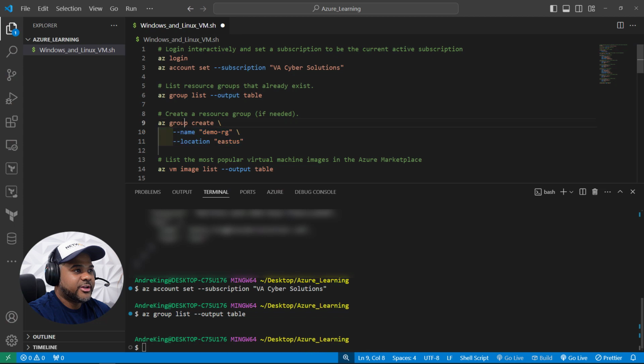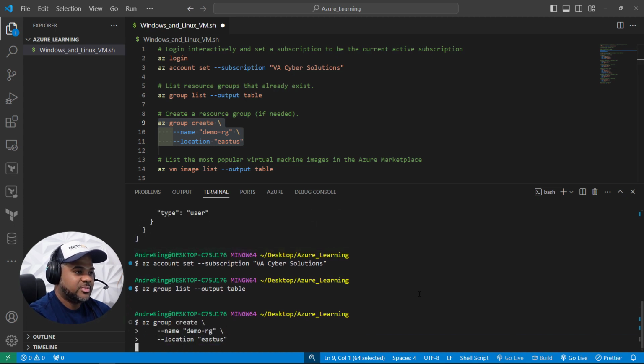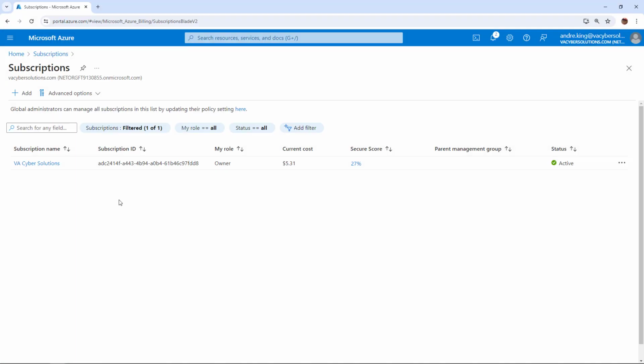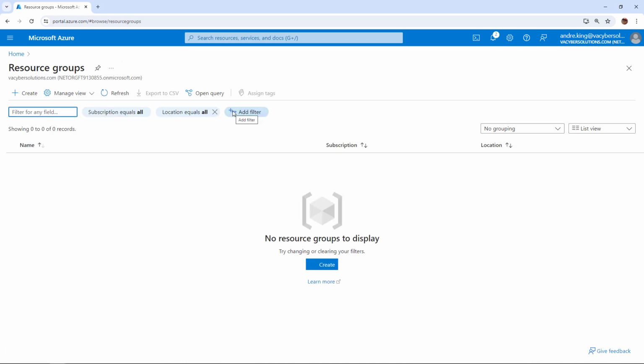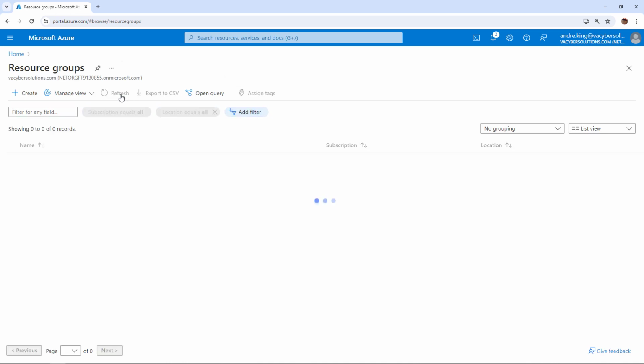So what we're doing here is creating a resource group, and it's going to be named demo-rg, and it's going to be located in the Eastern US region. If we paste that one in there, this one should be getting created. And while that's doing that, let's head back to home, go to resource groups, and we should see that pop up very shortly.